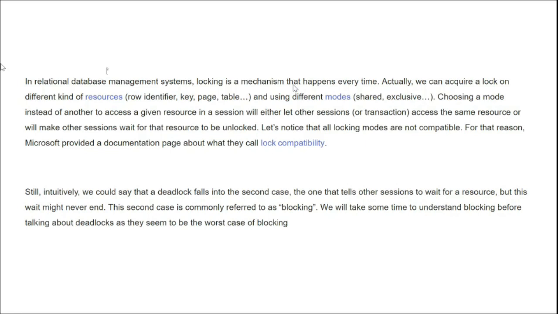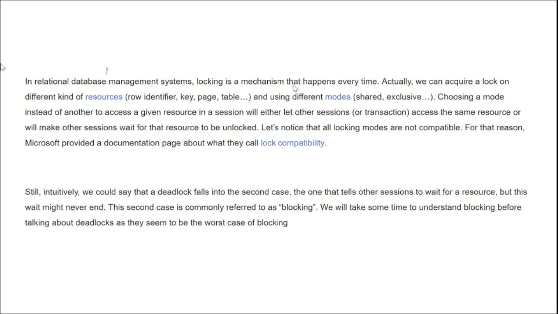And then it can be a table, or a database as well, right? On those resources, if you want to do any modification, or DML statement, we need to have a lock on those resources, right? In order to have a lock on those resources, there's this thing called